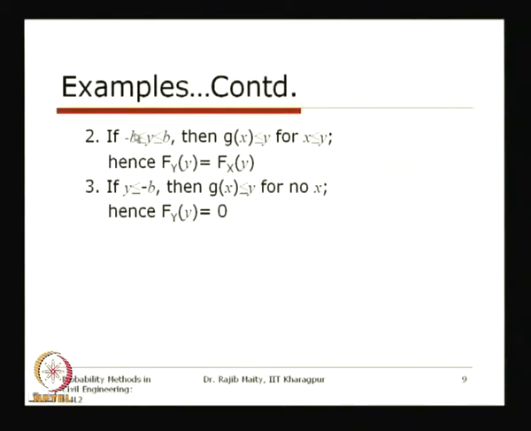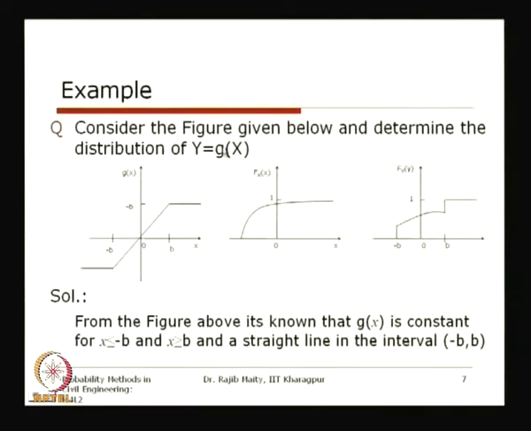Now for this region, from minus b to plus b, by the nature of this functional dependence, you will get just one specific value of x for a specific value of y. So any value you take for g(x), that is for y, from minus b to plus b, will correspond to a specific value of x. So, y less than or equal to that value will be equal to x less than or equal to the corresponding value on the x axis, that is for the random variable x.